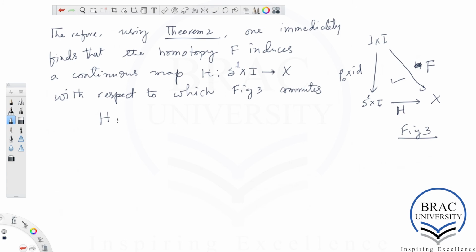Which means that H composed with this product map P0 cross ID is equal to this path homotopy